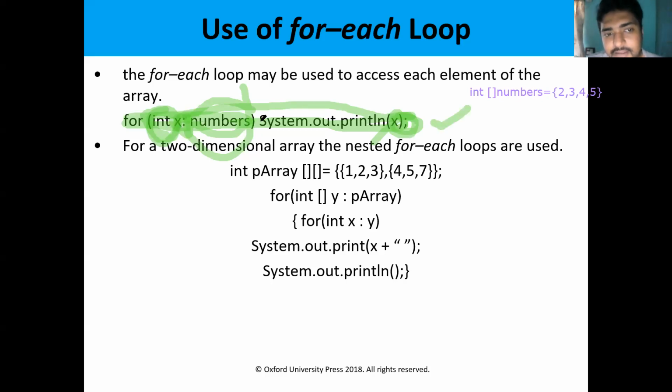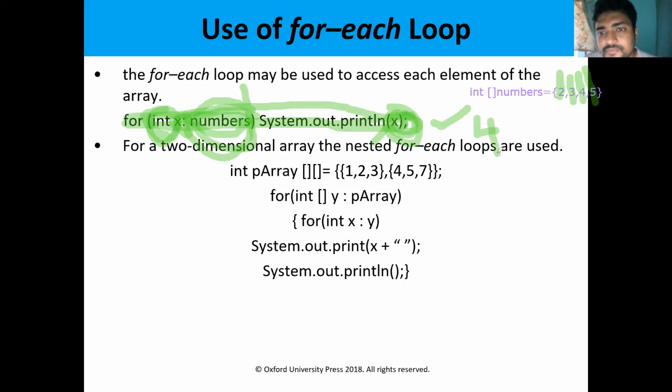For int x, array name. We have to give the array name or collection name here, and then in the printf, we will print the x value. For the first iteration, x value is 2. In the second iteration, x value is 3. In the third iteration, x value is 4. In the fourth iteration, x value is 5. So the loop will be repeated